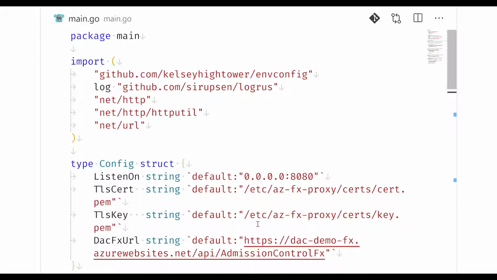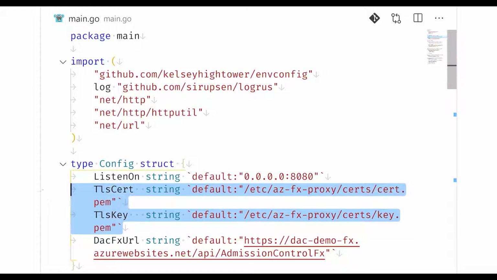Note that since the web server listens only to HTTPS traffic, it requires TLS certificates, and those TLS certificates are picked from a location. So we'll take a look at how we generate and mount certificates to this location where it expects to read them from.